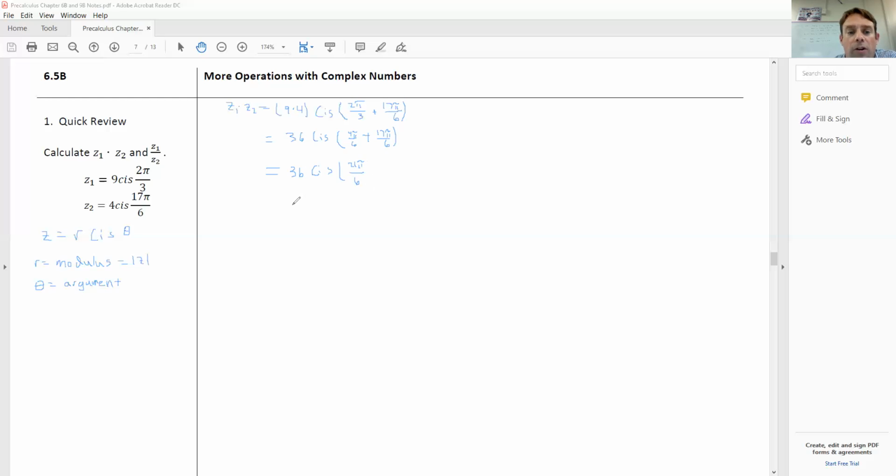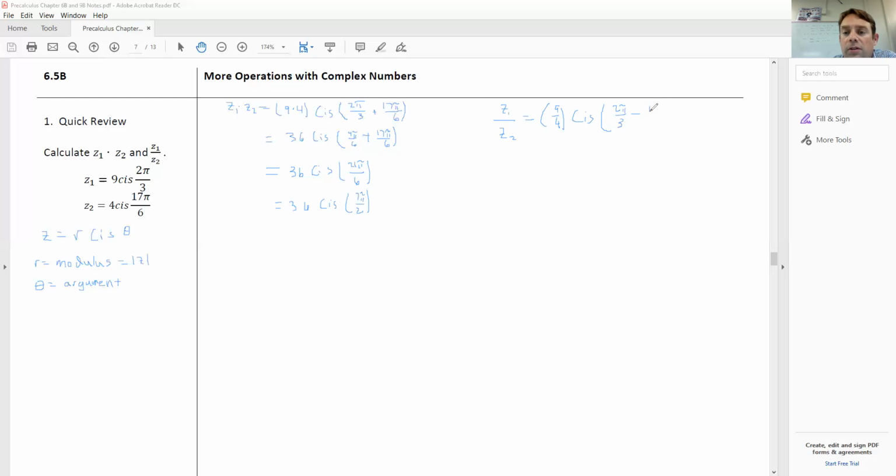And we're multiplying the numbers together, or 36 cis 7 pi over 2. And if we're dividing the numbers, we said that's the same thing as dividing the moduli, the modulus of each complex number, and then subtracting the arguments, or subtracting the angles. So that'd be 9 divided by 4, cis 2 pi over 3